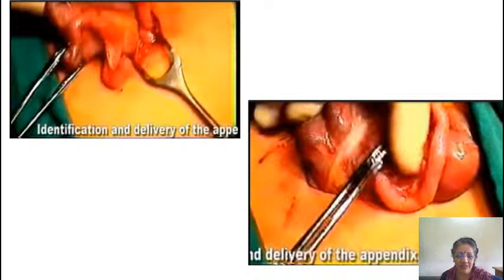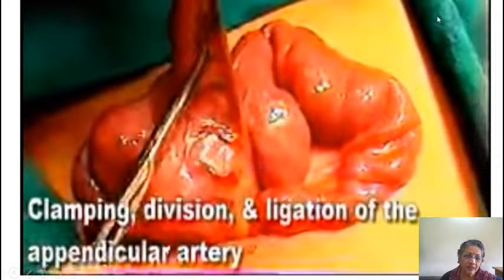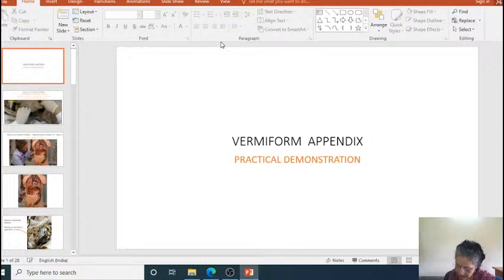So I don't have the next steps. It's not necessary for you, but basically we will clamp the base. We will identify the appendicular artery. So this is the cecum that has come out. It's come out of that little aperture. It's soft and very pliable, so it comes out. And then you pull the appendix out, stretch the mesoappendix, and you find the artery inside it. So you clamp the artery, divide it, and then tie both the ends of the appendicular artery so that it will not bleed. Then after that,